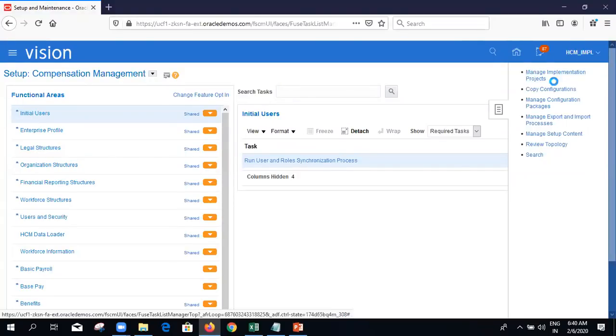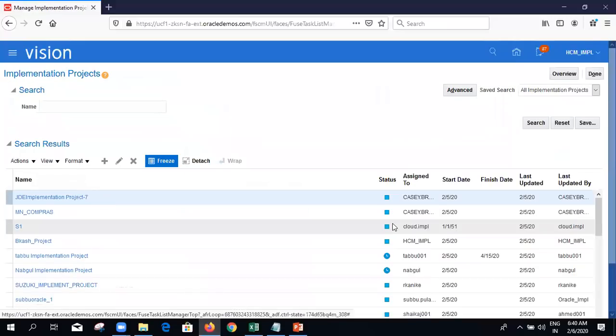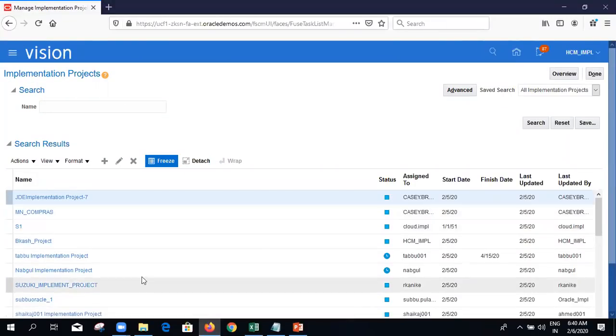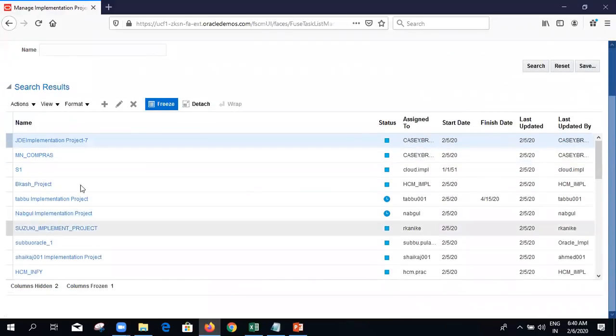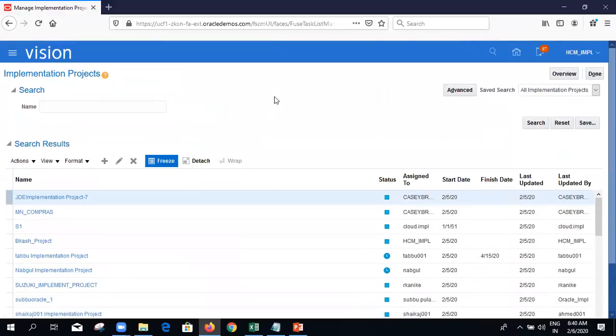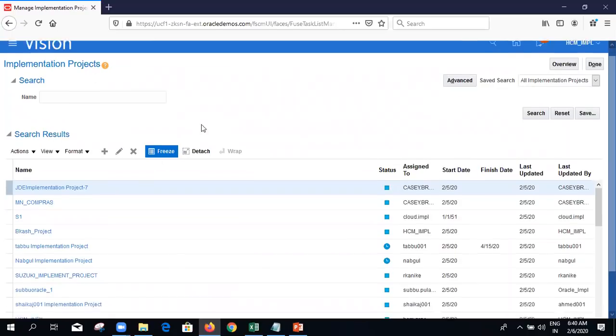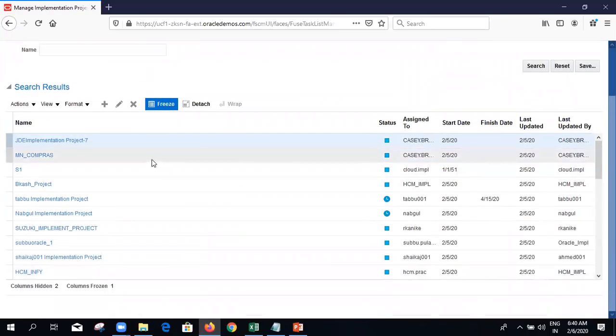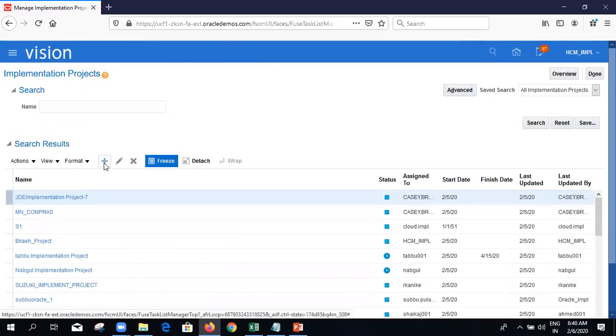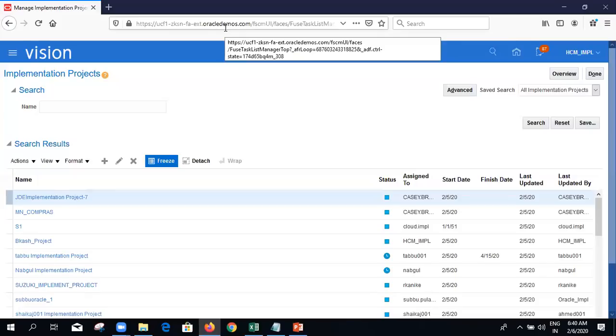Click on this manage implementation project. All these projects you are seeing here, in your real-time scenario, when you are implementing for a client, you will not see anything here. You will be the first person as a consultant to create the project in the system, because this is a demo instance, like a practice instance, which is shared with multiple people.